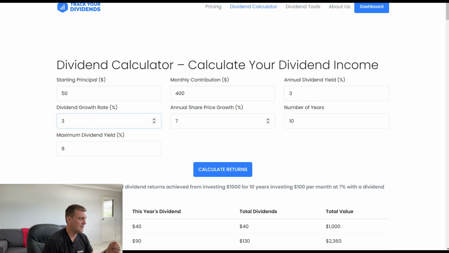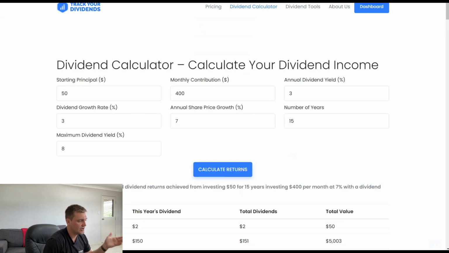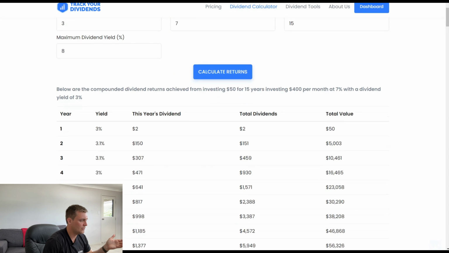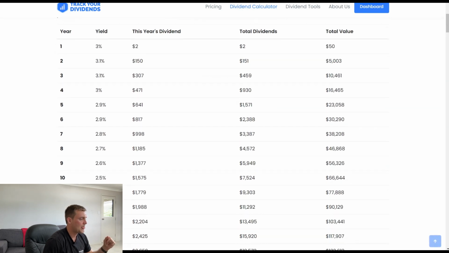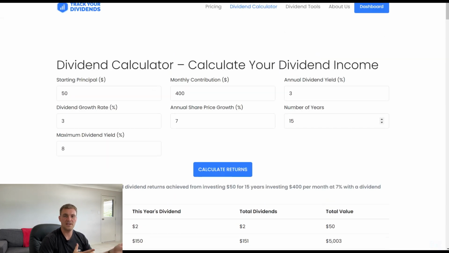per year, and the number of years, let's up that to 15 because we want to forecast 15 years ahead, right? And calculate your returns here. So, look, after initial investment of $50 and you contribute $400 per month, this is what you're going to be looking at. So the first year's dividends was $2, the next one's $150. Okay, let's go 8 years later, 1,185. So that's why I like this dividend calculator, is because you can put in your own personal circumstances